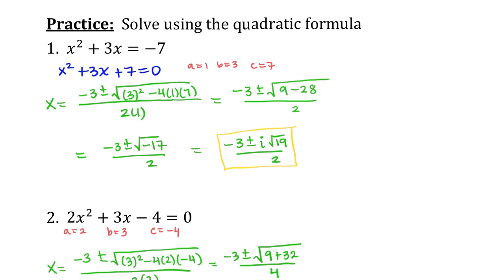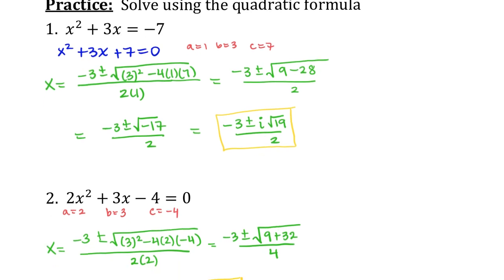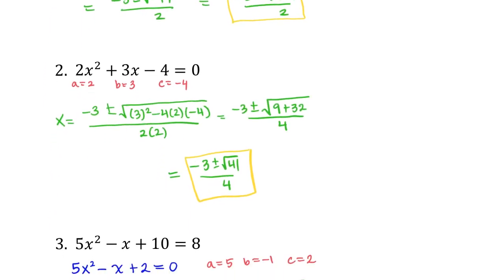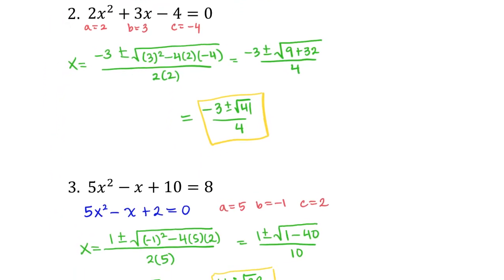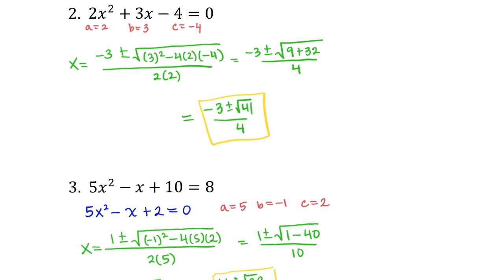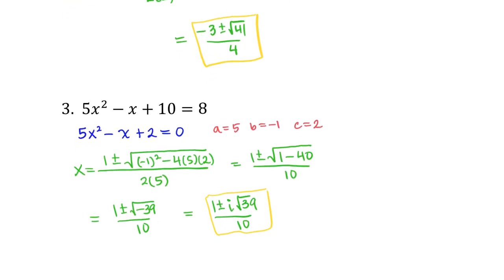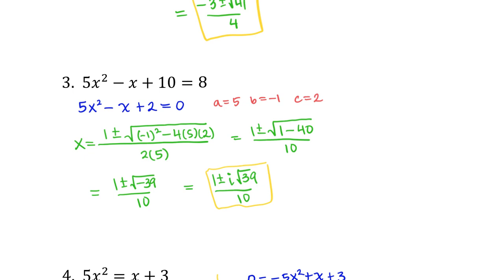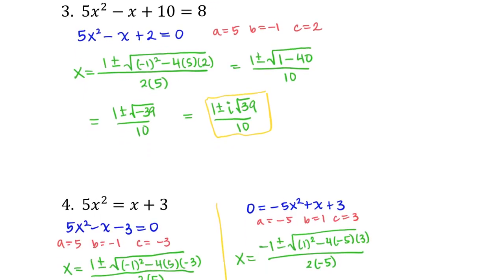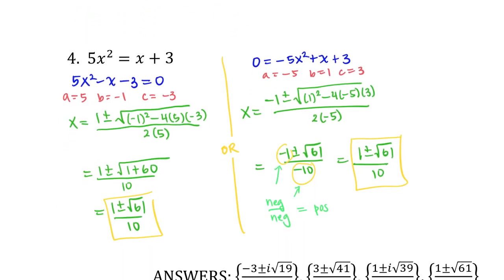Okay, for number 1, I got negative 3 plus or minus the imaginary square root of 19 over the whole thing over 2. For 2, negative 3 plus or minus the square root of 41, the entire quantity over 4. For 3, 1 plus or minus the imaginary square root of 39 over 10. Now for 4, I did it 2 ways,